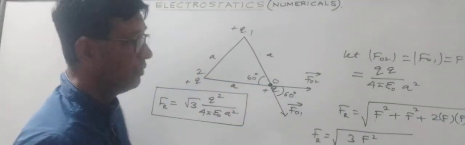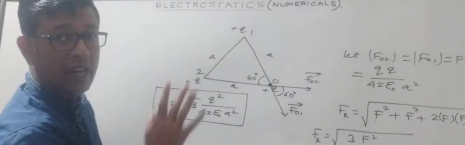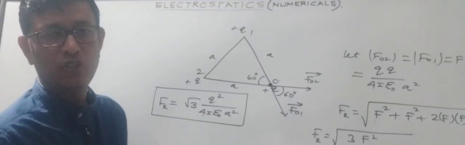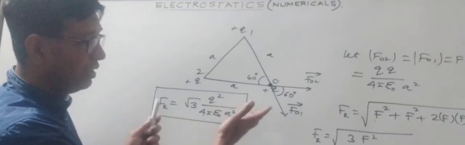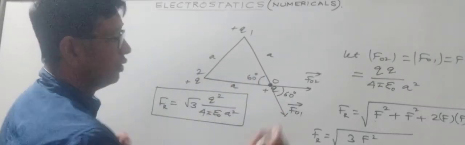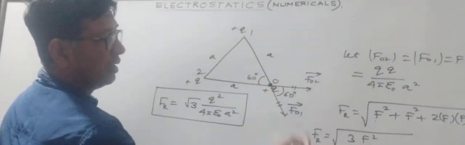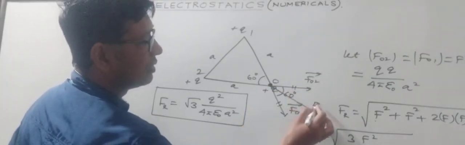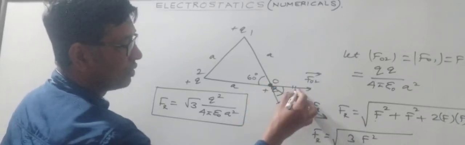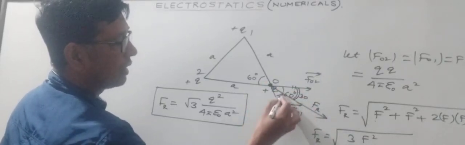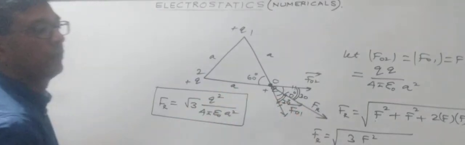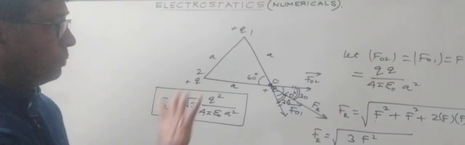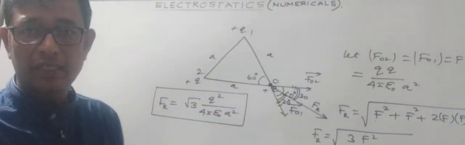Now again we are aware, if the two vectors are of equal magnitude, then the resultant always bisects the angle between them. You need not prove it again and again. Here you need to write the answer directly. So these two are of equal magnitude. Therefore the resultant, as per the parallelogram law of vector addition, will be given by this. This is the direction. It will bisect the angle between them. So this angle would be 30 degree and this angle would also be 30 degree. So this is the direction of the resultant force. So I hope you have understood this question. So similar questions can be attempted by your